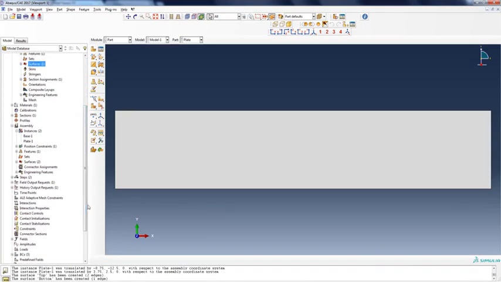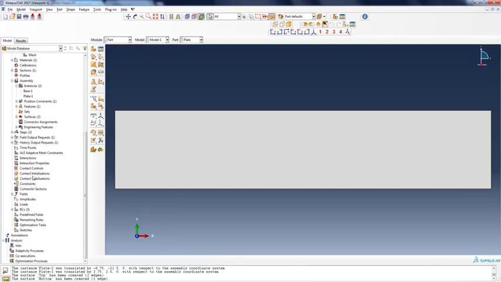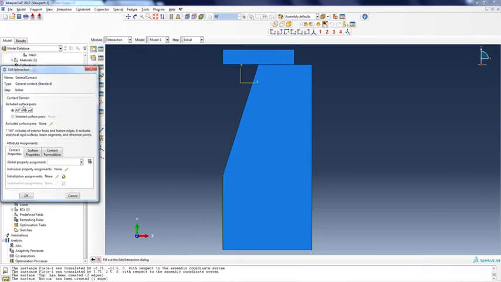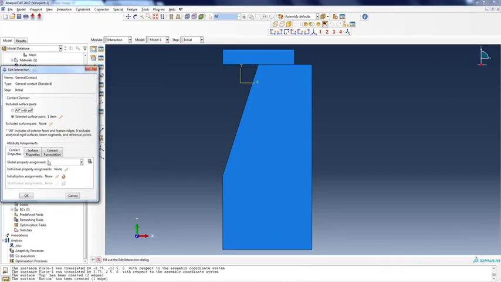Now, after selecting this, we define our contact, which we define under interaction. So we can use surface-to-surface contact, or we can also use general contact. In fact, let's use general contact, because last time we did not use the pairs under general contact. Last week we used all with self, but I would like to show that we can also use the pairs. So we can select base top and plate bottom, click, and then click OK.